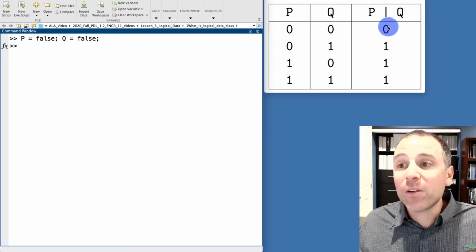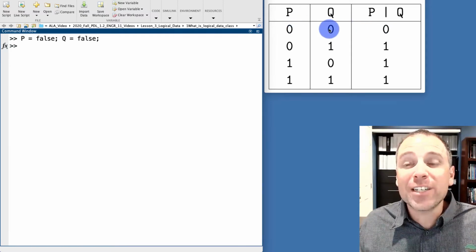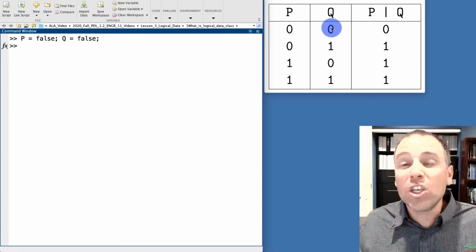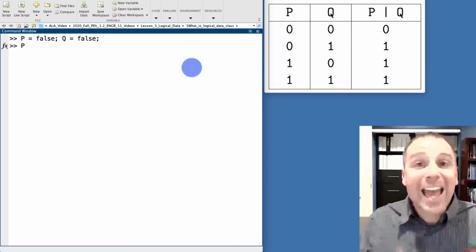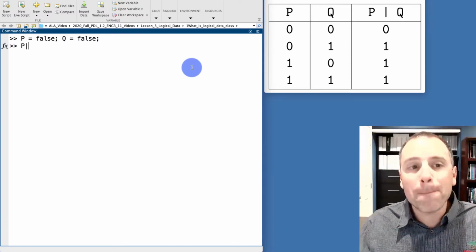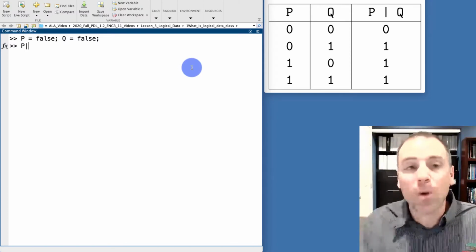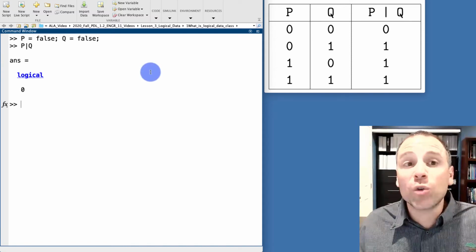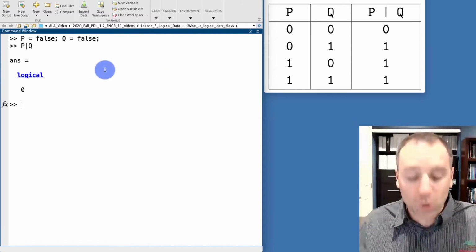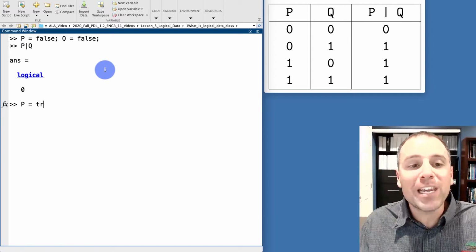In this particular line, this logical scalar is 0. The other logical scalar Q is 0, so P or Q should also be false because neither is true. So when we do P, and in this case I'm going to do shift backslash key to get that vertical bar Q, that should be logical 0 since neither one of those is true. Let's go back and we'll set P to be true and Q to be false.